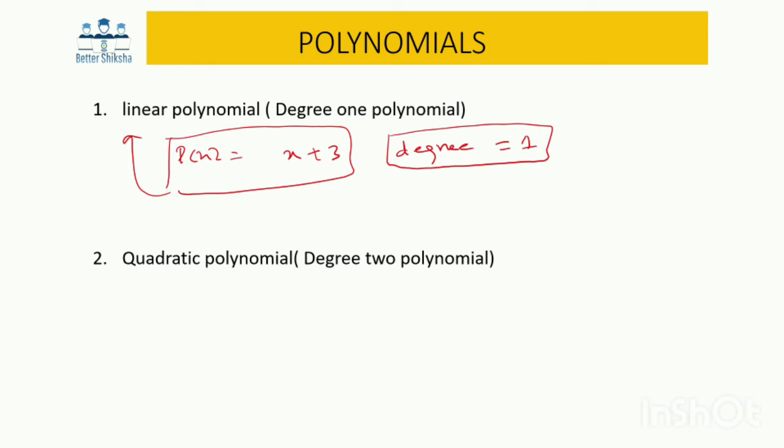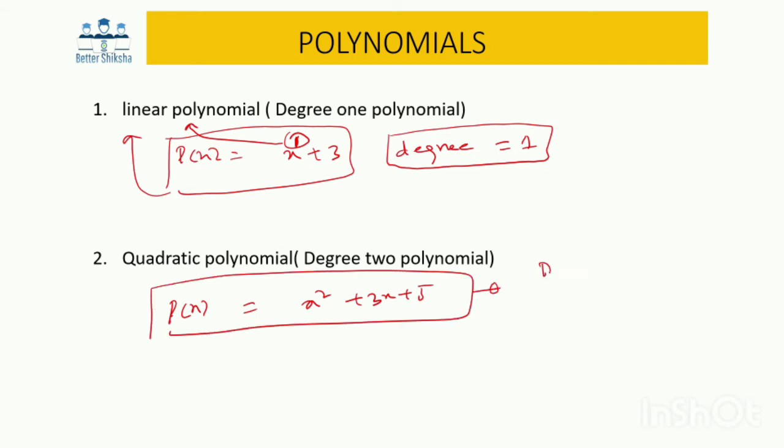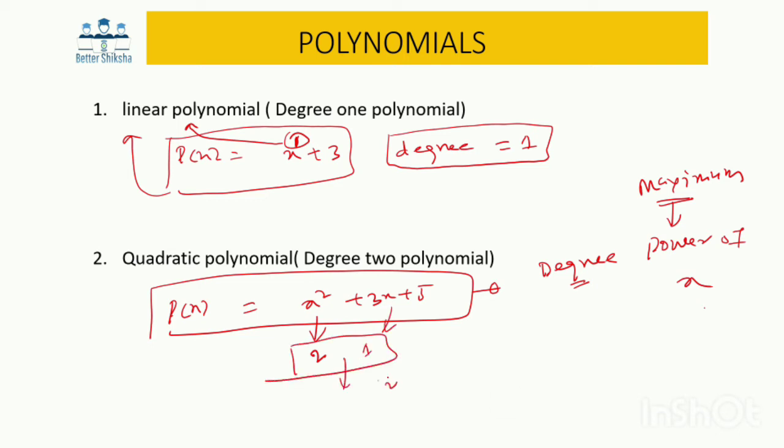If in a given equation the degree value is 1, then we simply call that equation a linear polynomial. Let's say another example, p of x is x square plus 3x plus 4. If we have an equation like this, the first aim is to find the degree value, right? How will we find it? We have to look at the power of x. It's not only the power of x, it's the maximum power of x, right? What do we have to look at? The maximum power of x. Here this power is 2 and this x power is 1, but our aim is to look at the maximum value of 2 and 1, that is 2, right? So the degree of this equation comes to be 2.